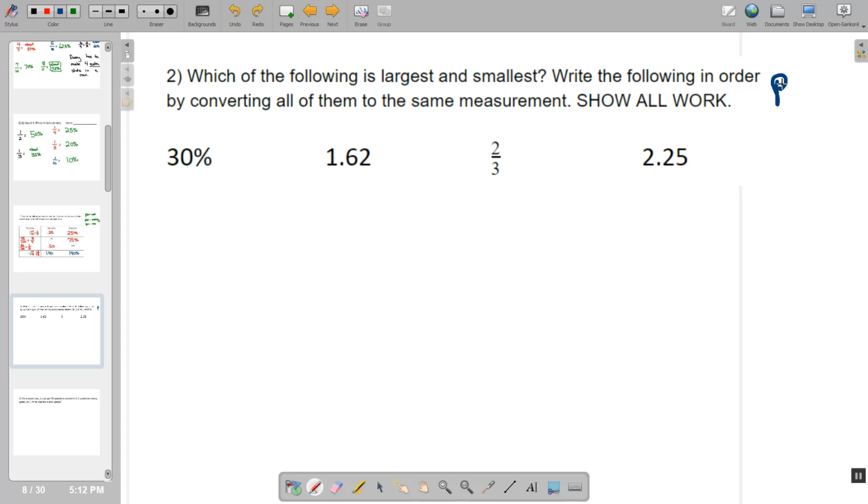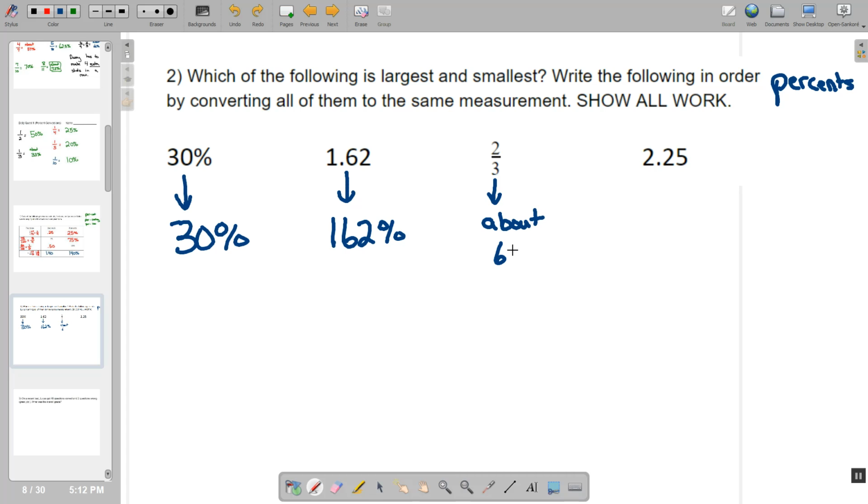I still think that turning them to percents is the easiest route here. So 30% stays as 30%. 1 and 62 hundredths turns into 162%. 2/3 is one that we're supposed to have memorized because 1/3 is about 33%. So 2/3 is about 66 or 67% if we're rounding up. And 2 and 25 hundredths is 2 and 25 extra percent, or